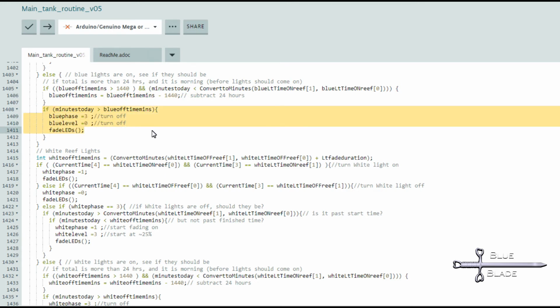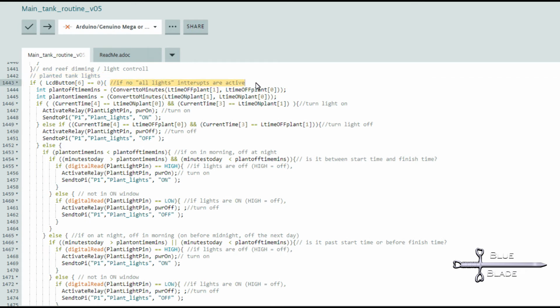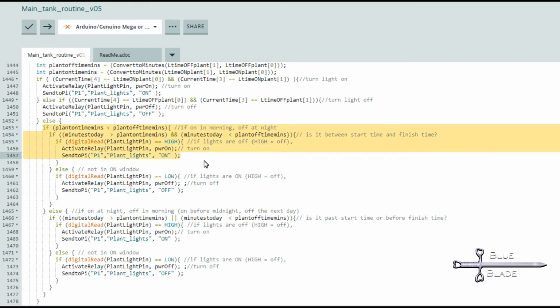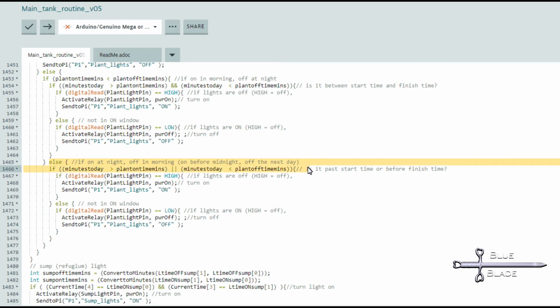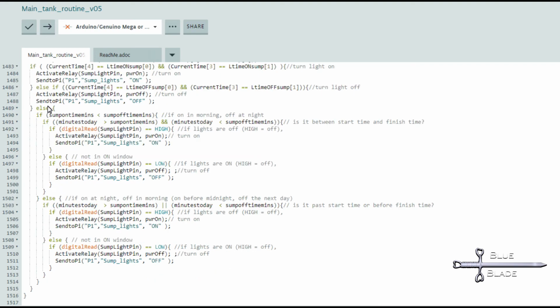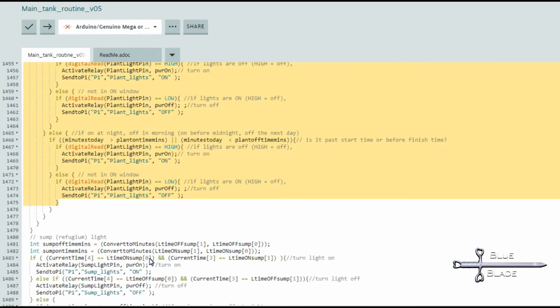For the planted tank and sump, I use a slightly different tactic. For one, the sump will likely come on in the evening and then turn off in the morning. Also, neither of these has dimming, so there's no fade level. The function just turns on or off the relays directly. Otherwise, it's basically similar to the reef light. The main difference is I have an extra comparison. If the finish time is a smaller total minute count than the start time, so I'm starting in the evening and finishing in the morning, I duplicate the code but in the inverse, so that rather than checking if it's after the start and before the finish to turn on, in this case I check if it's before the finish